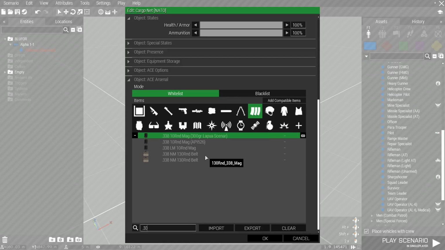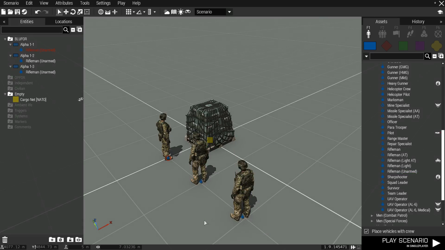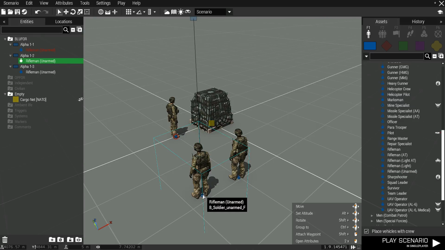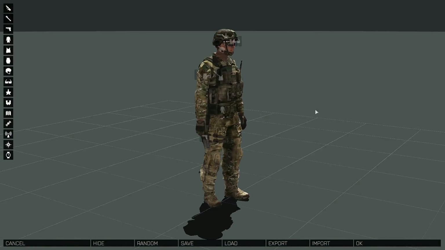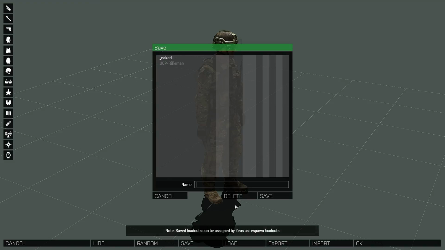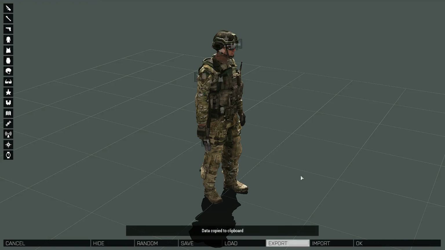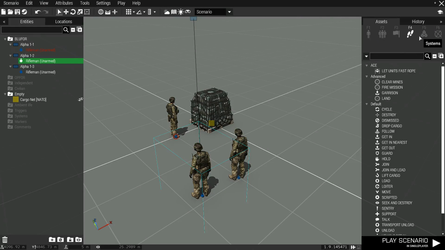So to further hammer that home, we want to make sure that we understand, when you're manipulating a loadout, that we have two distinct arsenals, and they function differently. The standard Bohemia Interactive arsenal contains your hide, random, get a random loadout, export, save. You can save something to its own directory, and when you export it, you will find that it is a